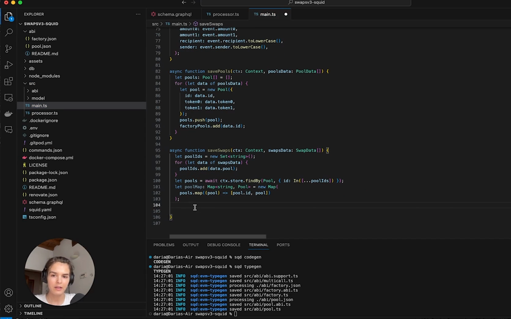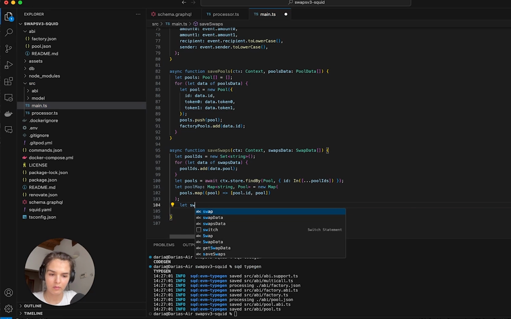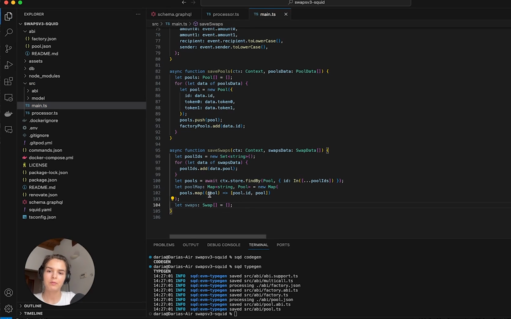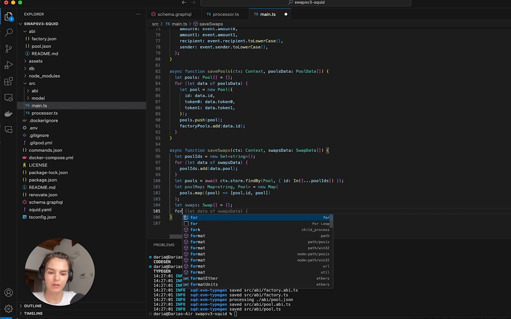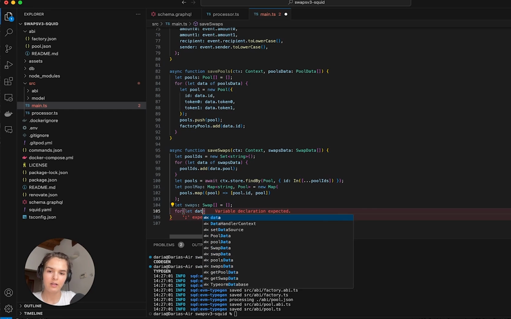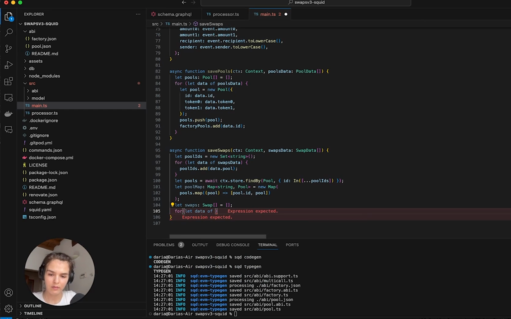Let's also create the swap array. So let swaps equal to an empty array of swap entities. Now we can go through the data and fetch the swaps. Then we will add them to this array and write them into the database. So for let data of swap.data, swaps data,